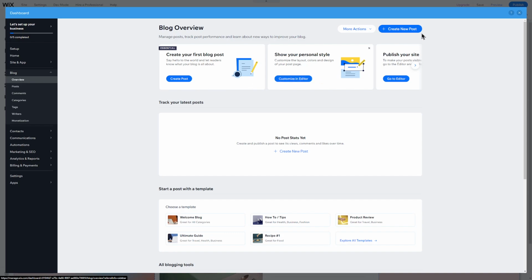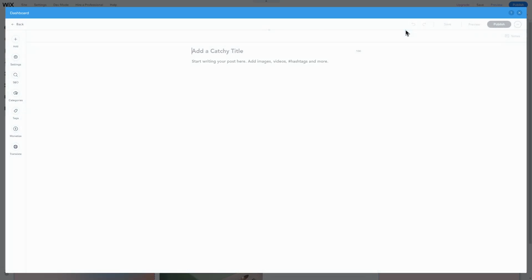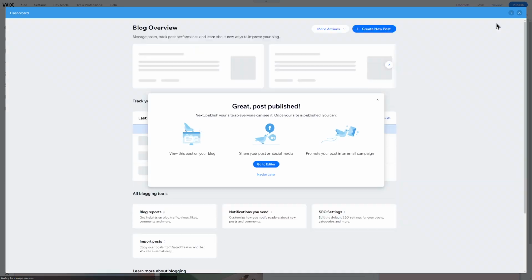Click on Create New Post in the upper right corner to open this window. Now write your first blog post as you would in any other text editor. To categorize your blog posts, add some tags and categories. When finished, click Publish. You can find your blog post in the overview and also in the post section for